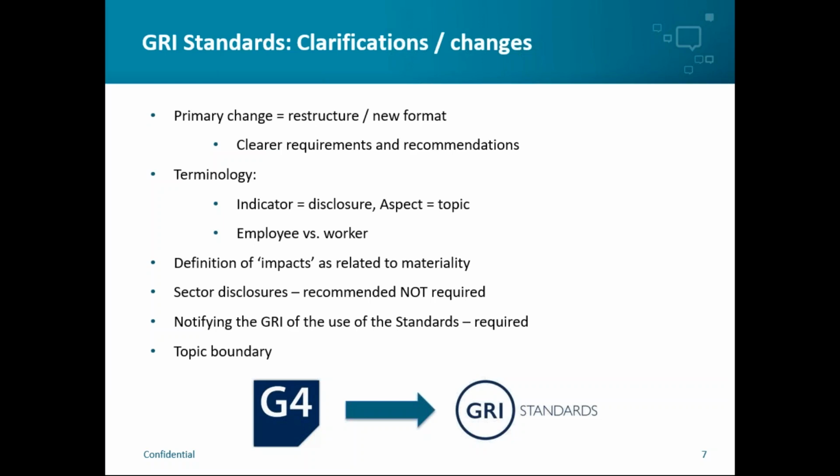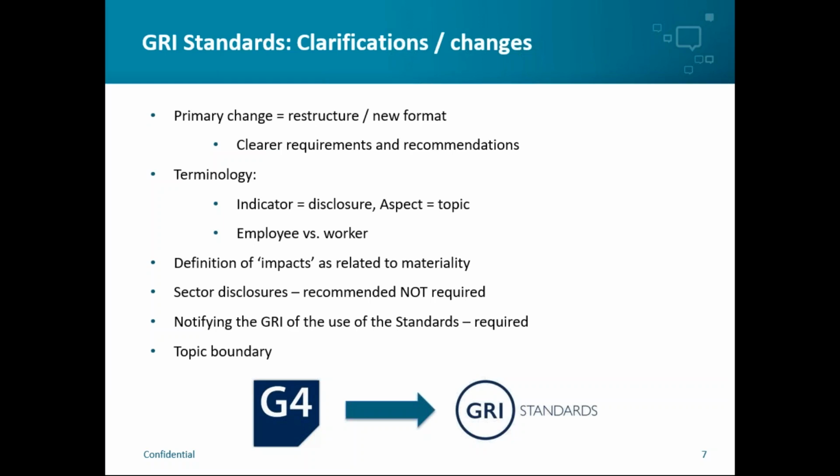So previously, if a particular area needed to be slightly revised, GRI could not do that very easily without relaunching the entire framework, which is quite a big thing to do. But now, if one of the 33 individual topic-specific standards need to be updated, they can be without any changes happening to the other areas. And we'll have a look in a minute at that in a bit more detail.